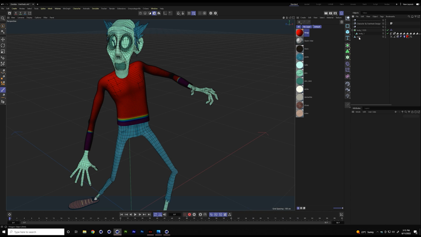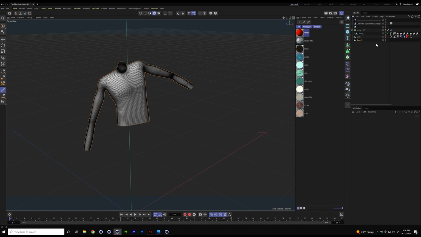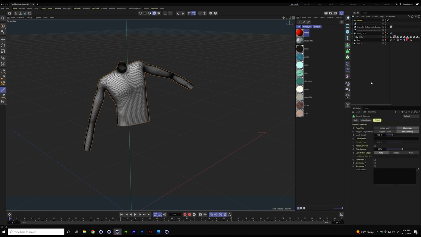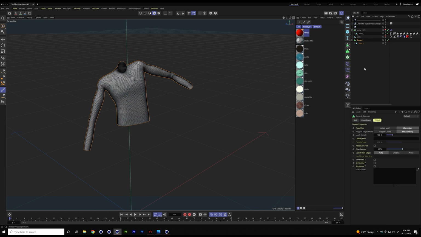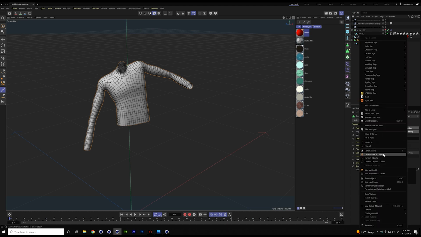I'm going to use exactly the same object I used earlier. I'm going to make a copy of this, and I'm going to go and just delete everything from here, and I'm going to hide the other stuff so I can focus on that shirt. First of all, I want to change its density. So let's go and remesh it into something which has a lower polygon density. And it's going to do its little calculations here. And I'm going to go to my remesh and say I want fewer polygons. Give it a second to calculate. And this is what we know as Z remesher. Perfect. Right click and say current state to object.